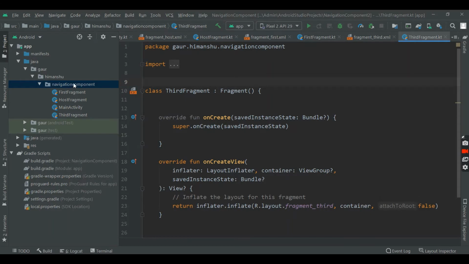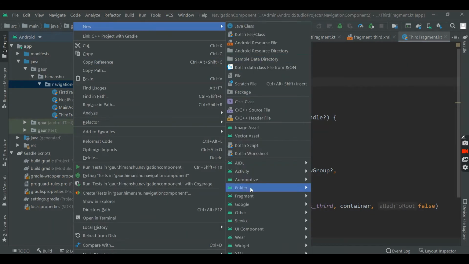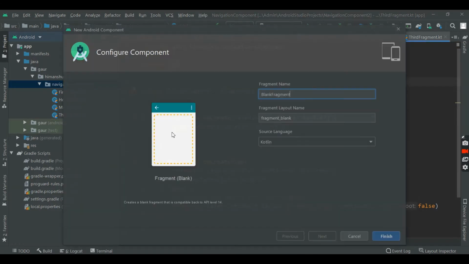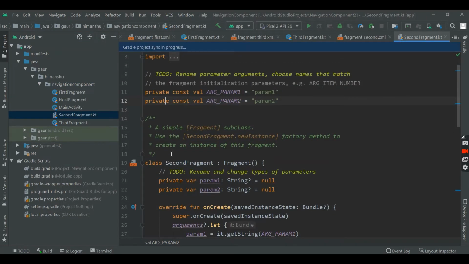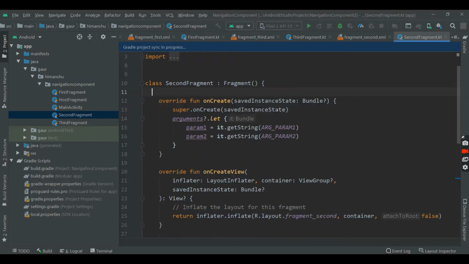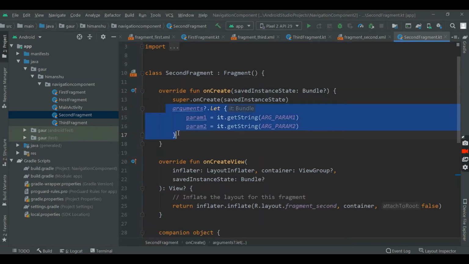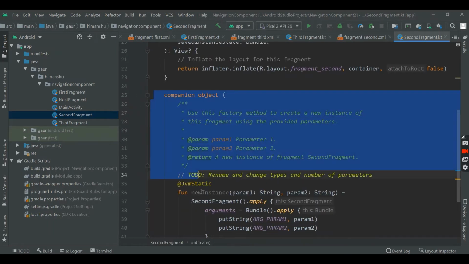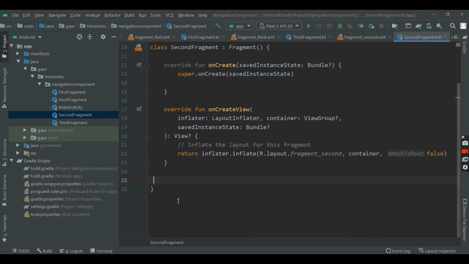Okay, first, third, and I forgot the second fragment. Remove this to-do things and these arguments and companion object. Okay, now we are ready, good to go.